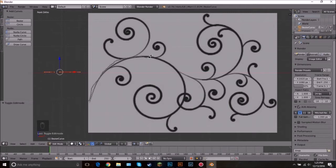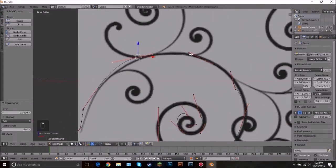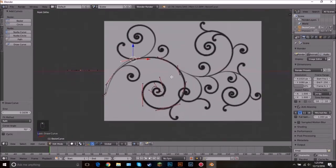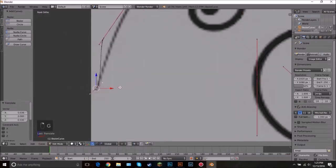And as you can see, I am terrible at drawing curves. I'm not the best, but just like that. This would be easier with a tablet, but I don't have a tablet, so I'm going to have to resort to my mouse. Okay, so now, once you did that, what you can do is just come around and rotate these